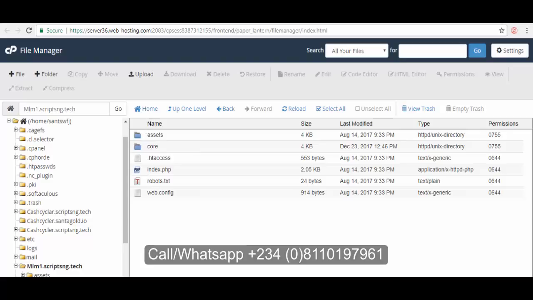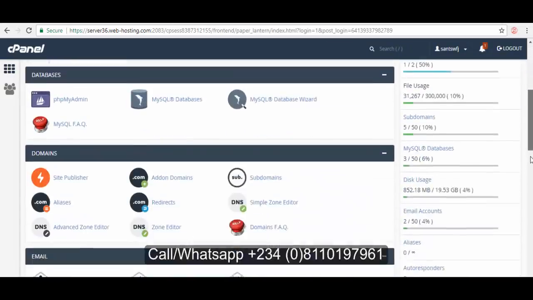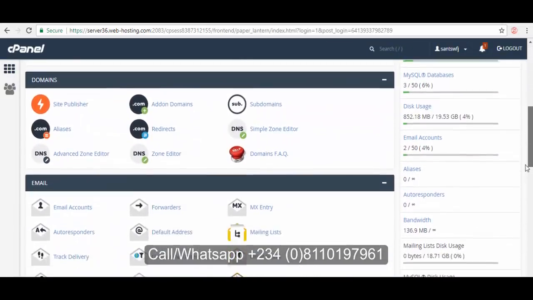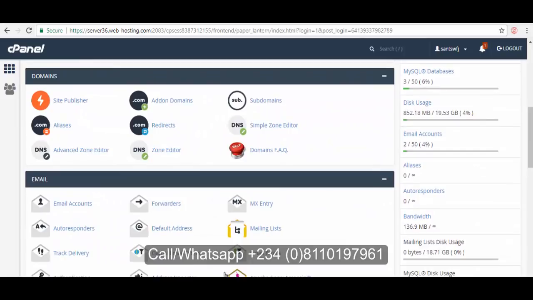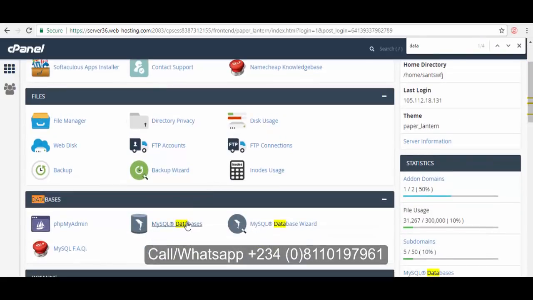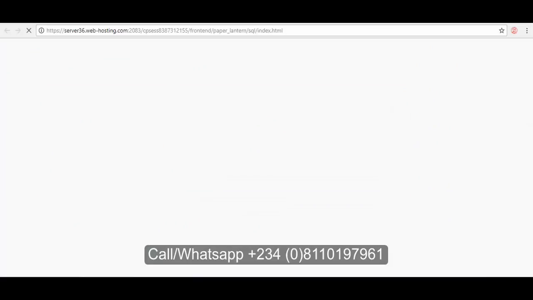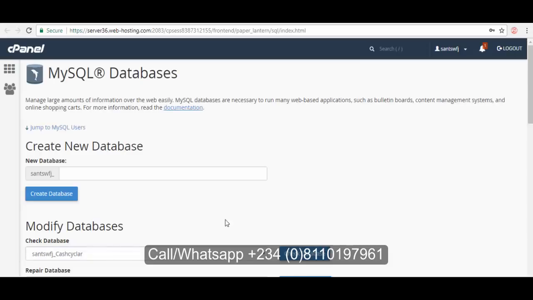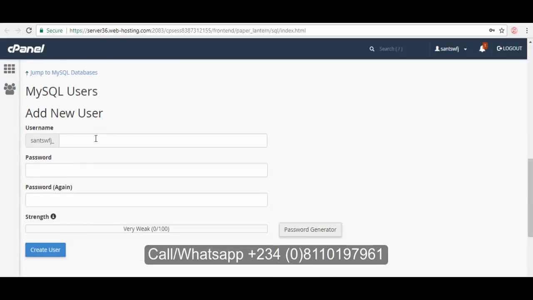The next thing to do is to go back to your cPanel and go to create database. You have to go to database and create a new database for this installation. As you can see, I'm trying to locate my SQL database. You create the database and the database user, as I am trying to do. The name of the database I'm creating is MLM1. You click on create database, and after that is done, you create a new user as well, MLM1.